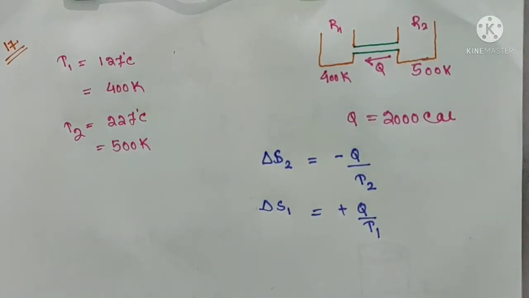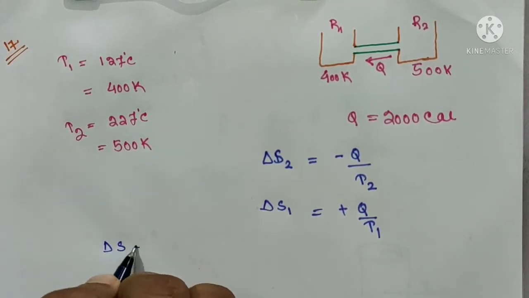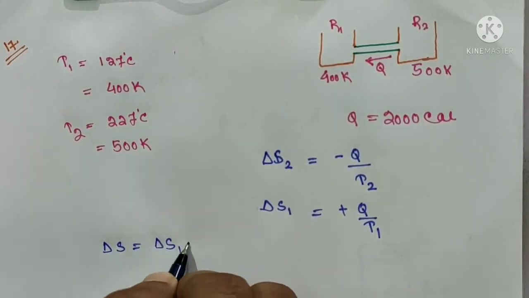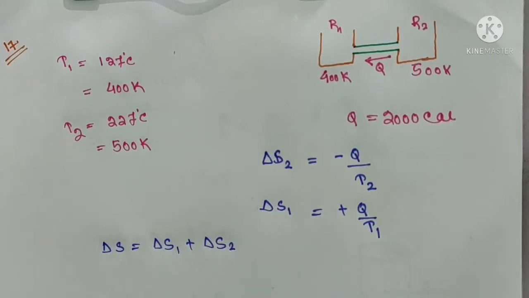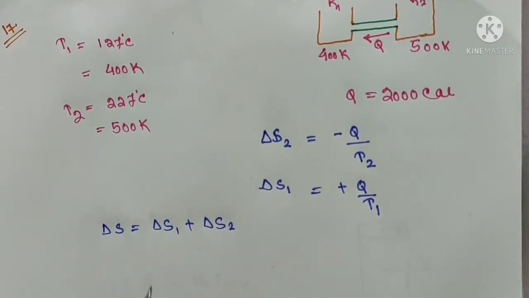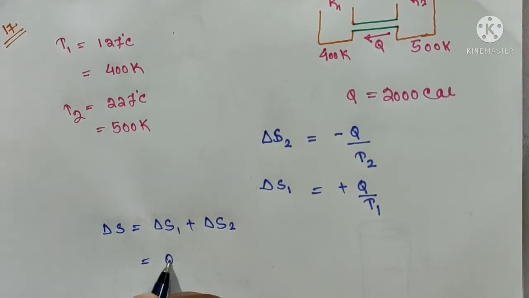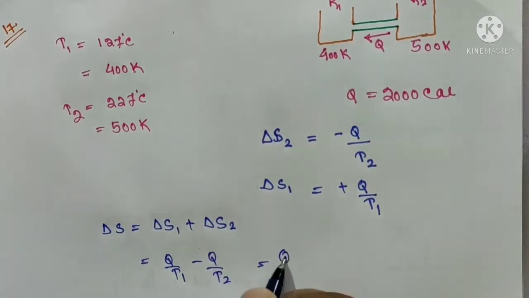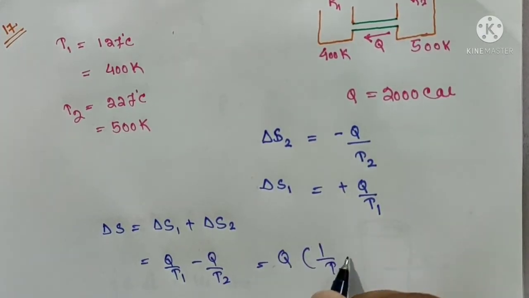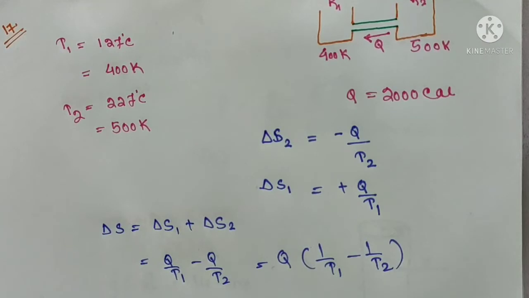So the total change in entropy for this system will be del S1 plus del S2, which is equal to Q by T1 minus Q by T2,